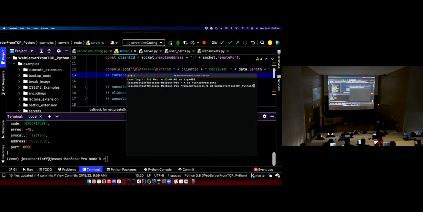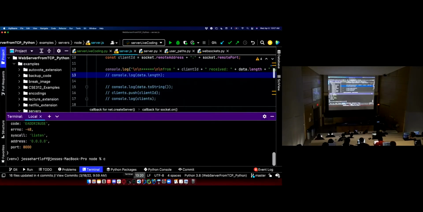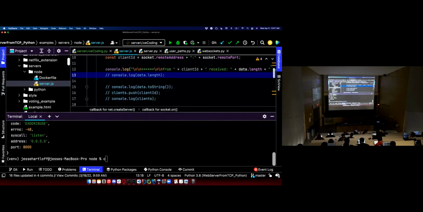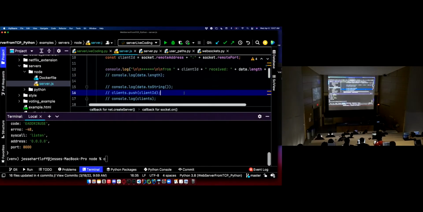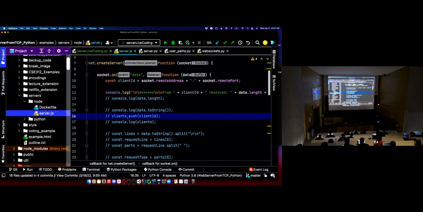Web server from Python, examples, servers, node, server. Address in use, because my Python's still running, but that's proof that we can get this running. So let's put this over on the side, resize this, get rid of this, and talk about some JavaScript.